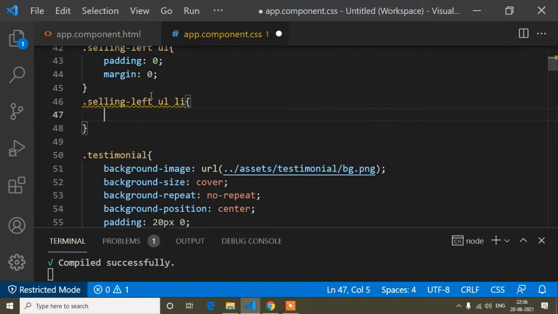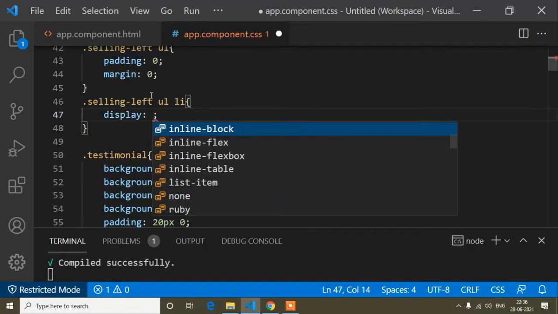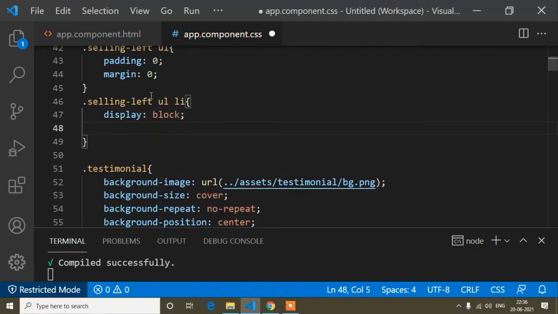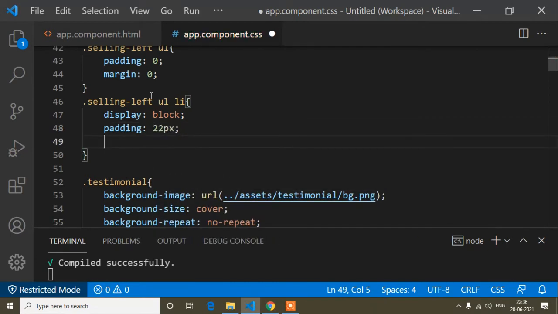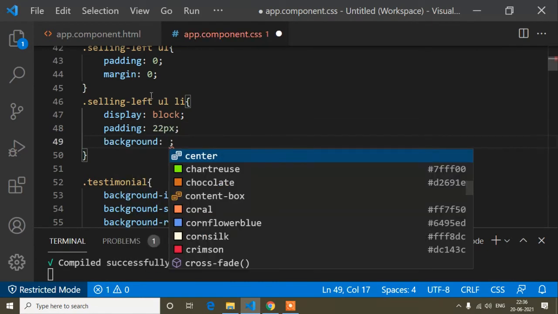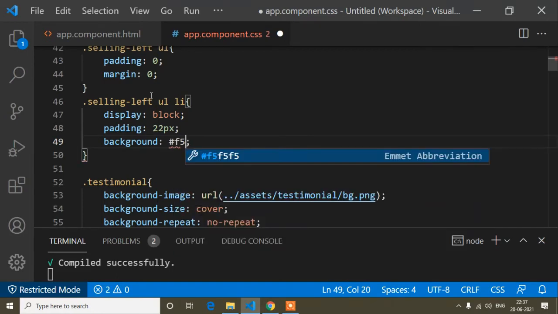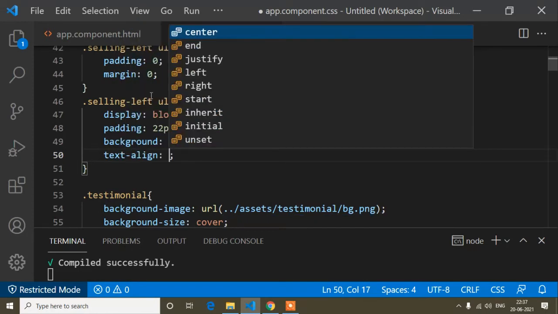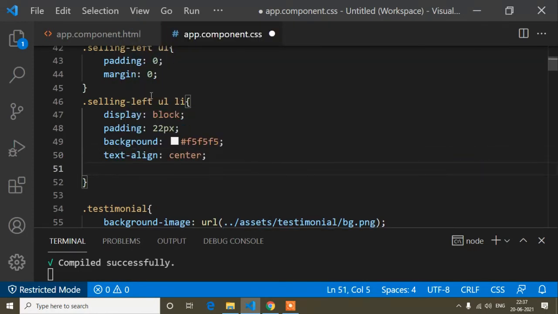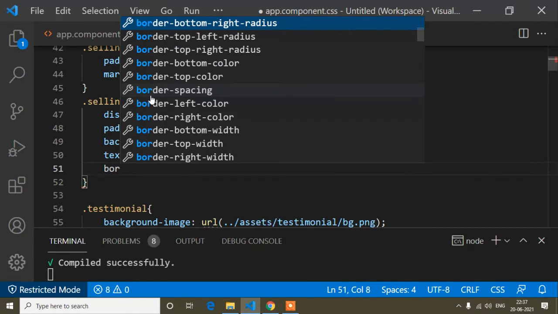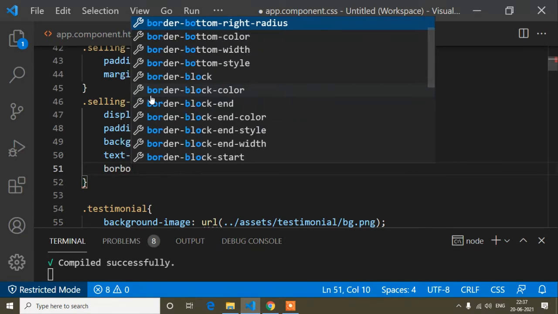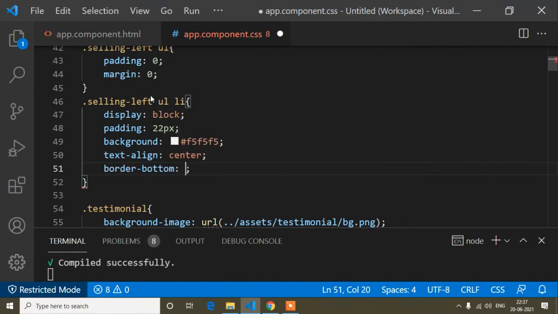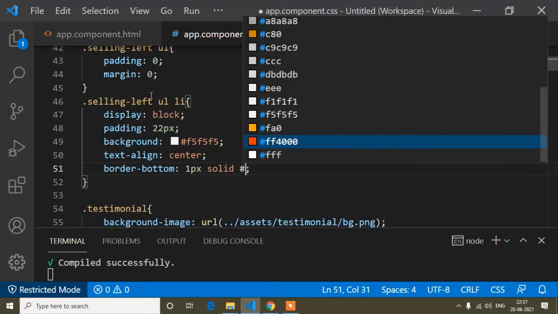So now this one is display block and padding 22 pixels, and the background is f5 this color, and text align is center, and the border bottom is 1 pixel solid and this color.